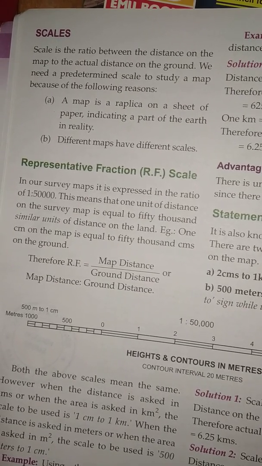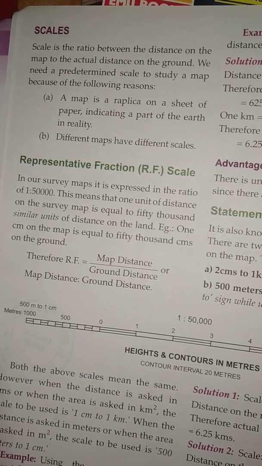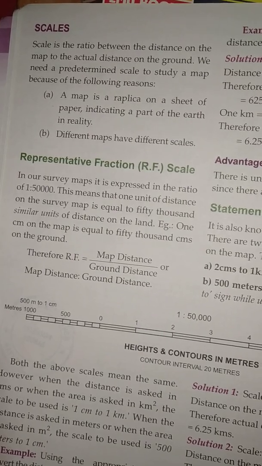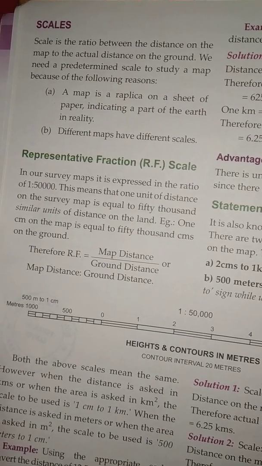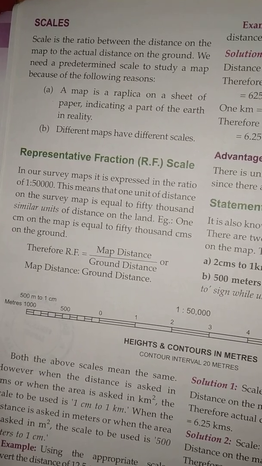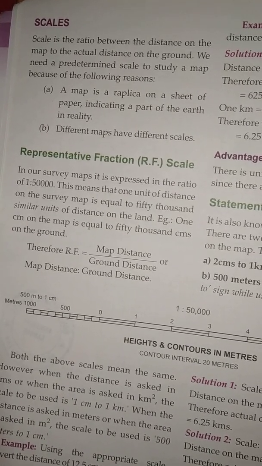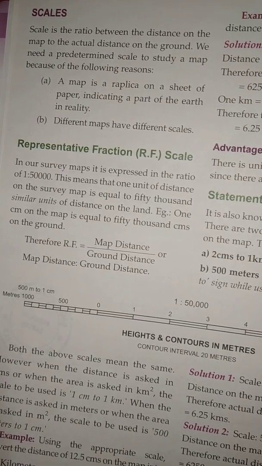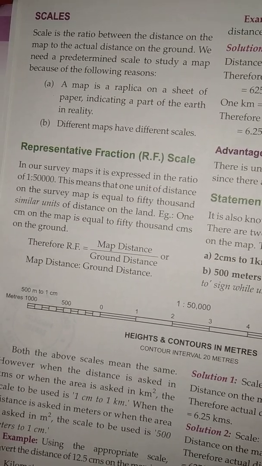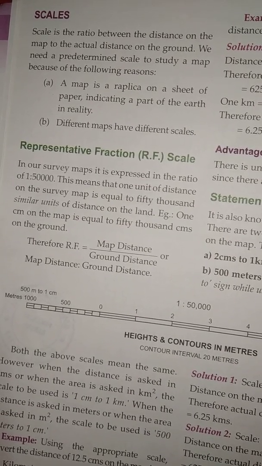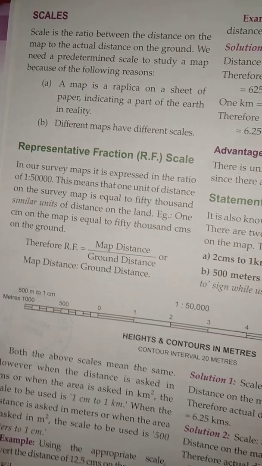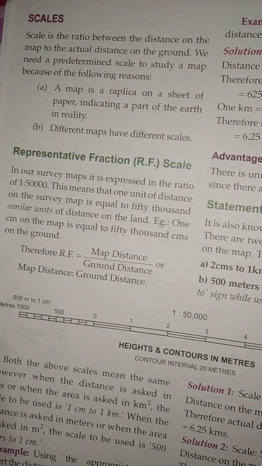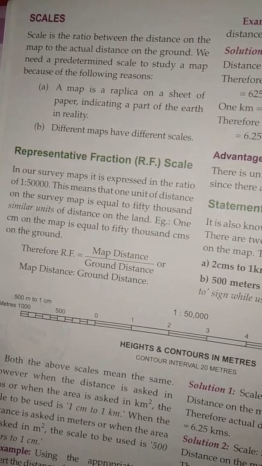So we need a scale to understand the actual distance between those two points P and Q. Let the distance between the two points P and Q on the map be 1 centimeter, and the actual distance between those two points on the ground be 1 kilometer. So what will be the scale of that map? It will be 1 centimeter to 1 kilometer. It means 1 centimeter of that map distance is equal to 1 kilometer distance on the ground. It means we need a specific scale to understand a map in a proper way.